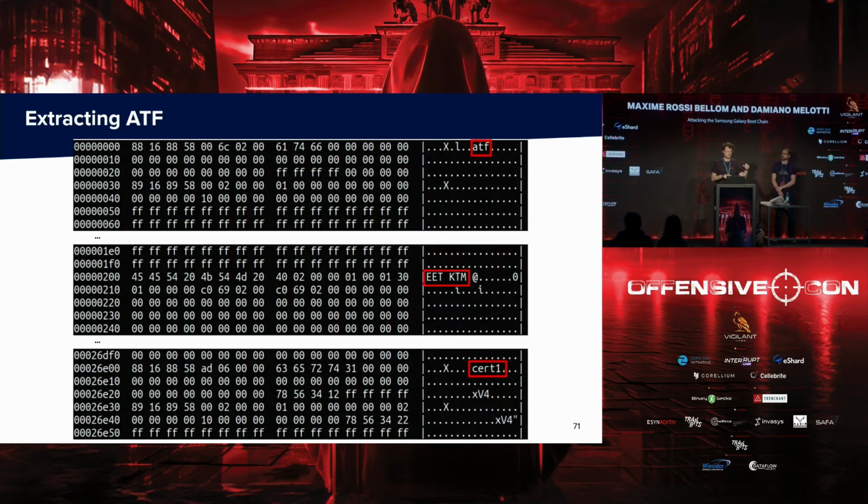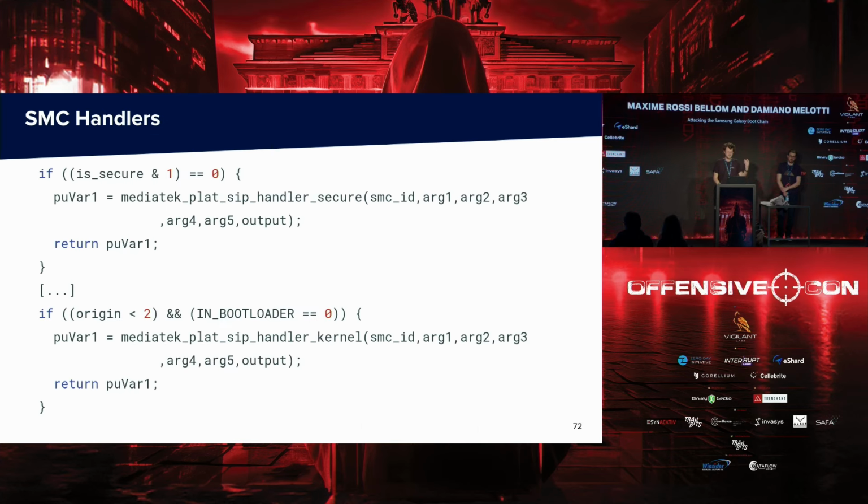So it will appear in the partition more or less like you see on this slide. We have like 0x200 bytes of header. Then the code itself, you can spot the MTK TEE sort of magic at the beginning. And then there is a footer with a signature. And once you load this in your favorite disassembler, what you want to look for is the SMC handlers, as we said. And they can be reached through two different